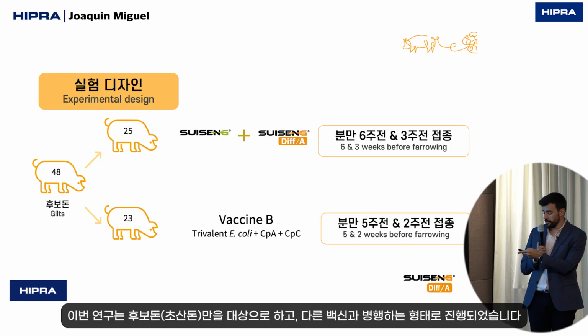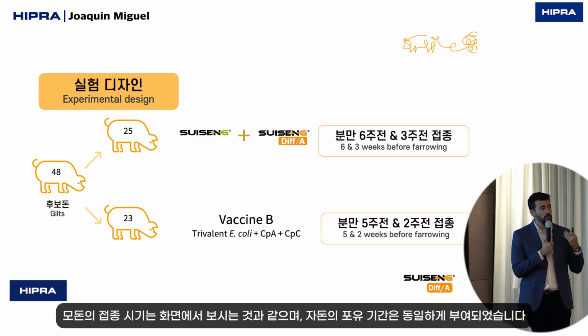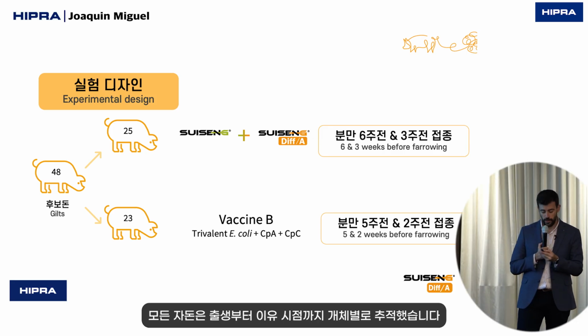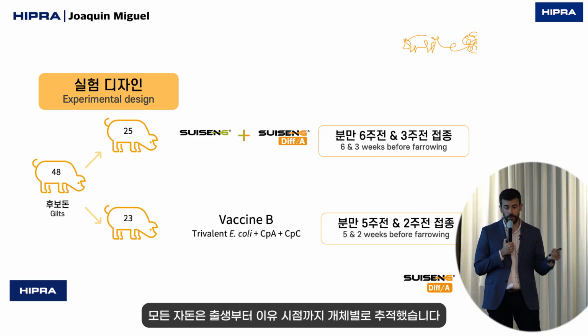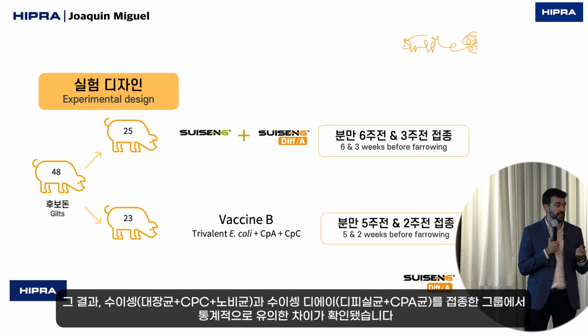It was a trial carried out only with gilts, and it was a parallel trial. The animals were vaccinated at the same time, and the lactation of the piglets was also at the same time. In total, we included 48 animals. Half of them were vaccinated with both SUISENG and the other ones with the vaccine B. All the piglets were individually followed from birth to weaning, and we detected the next results with statistically